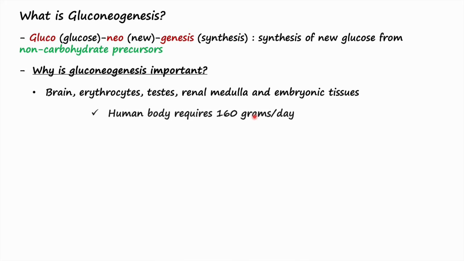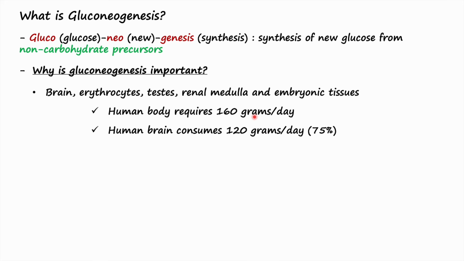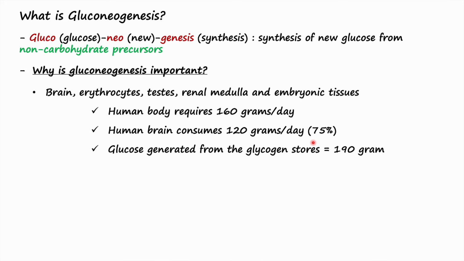Now, here are some facts. Did you know that the human body requires 160 grams of glucose per day? And not only that, the human brain alone consumes 120 grams of glucose per day, which accounts for almost 75% of glucose consumption. Glucose generated from the glycogen stores is equal to 190 grams,